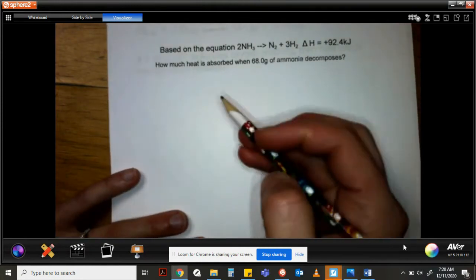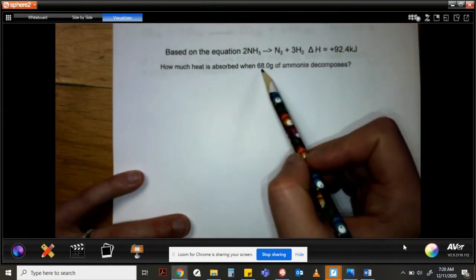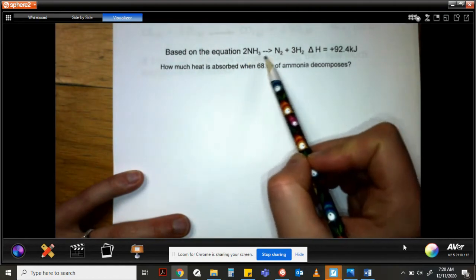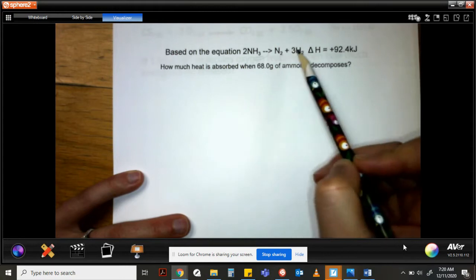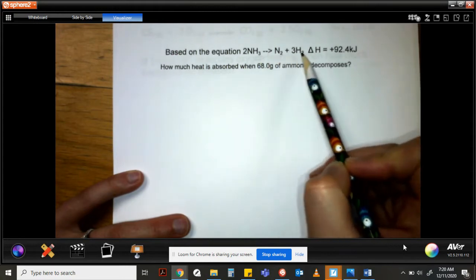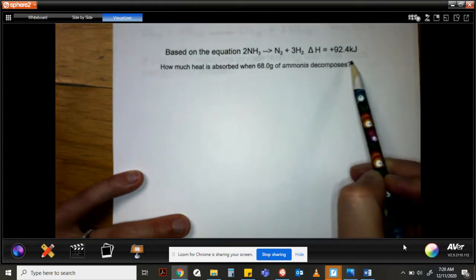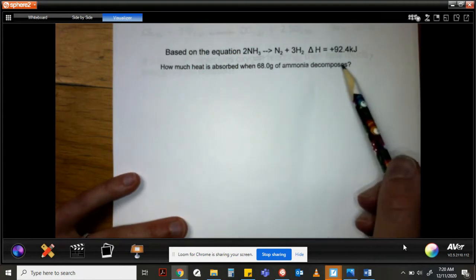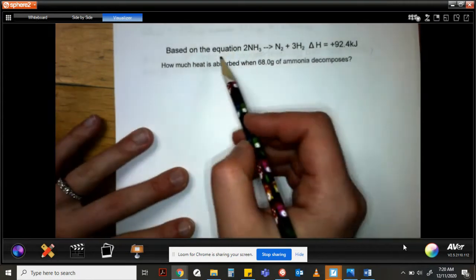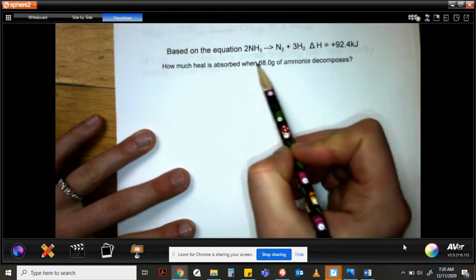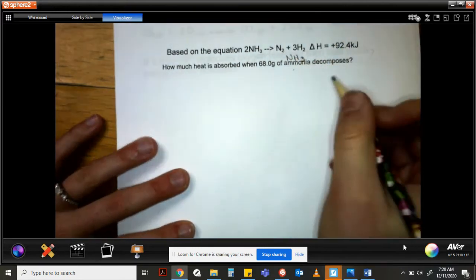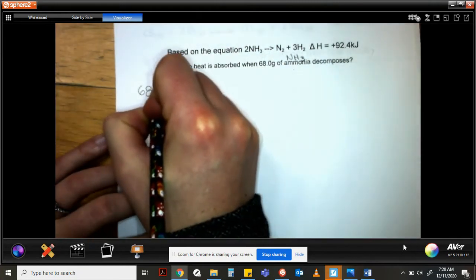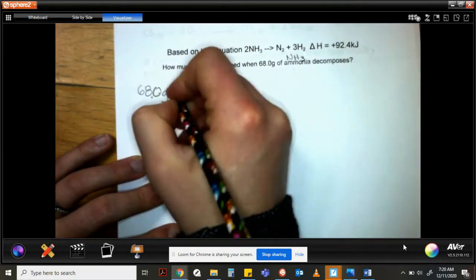Okay, so this is a different type of reaction. Based on 2 ammonia breaking down into 1 nitrogen and 3 hydrogen, it's going to take a positive 92.4 kilojoules. So for this, how much heat is absorbed when 68.0 grams of ammonia, NH3, decomposes? So if we go 68.0 grams of our NH3,